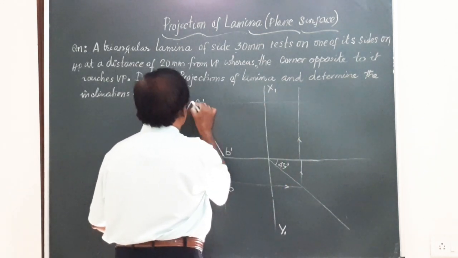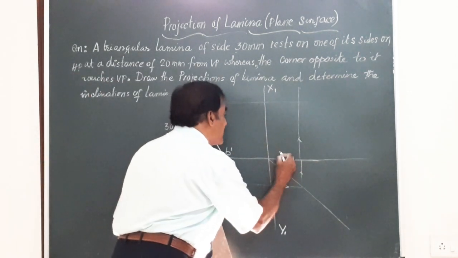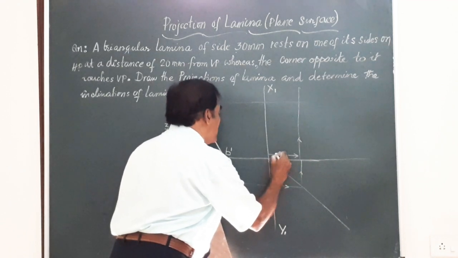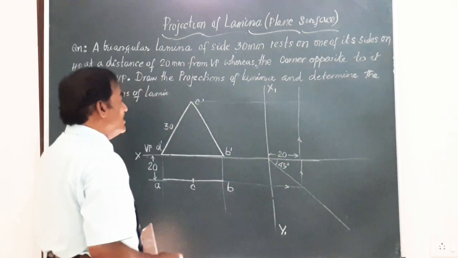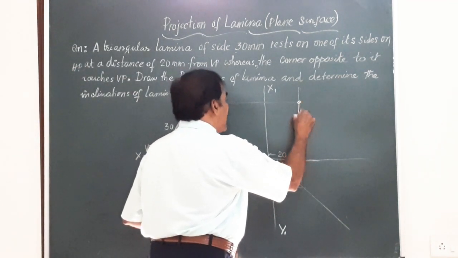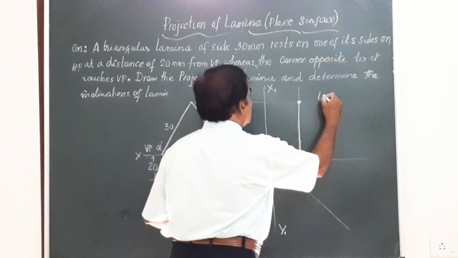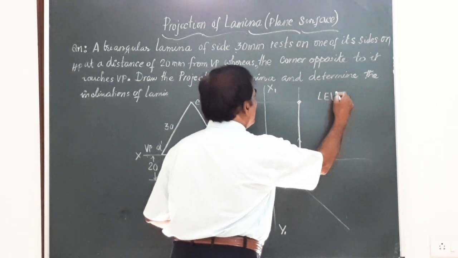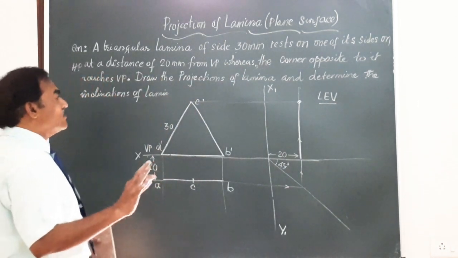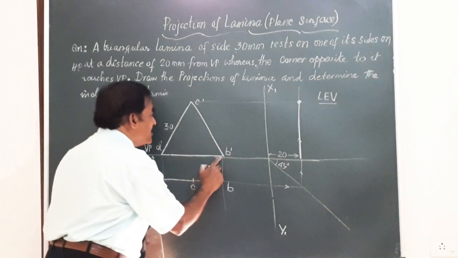So friends, the side view is again going to be at 20 mm from this X2, Y2. So you are going to have this line here. This is how the lamina looks in the left hand view. I will say this is LEV, which means left hand view or left side view or left profile view. They mean one and the same. And friends, remember, this end is fixed, it won't change.